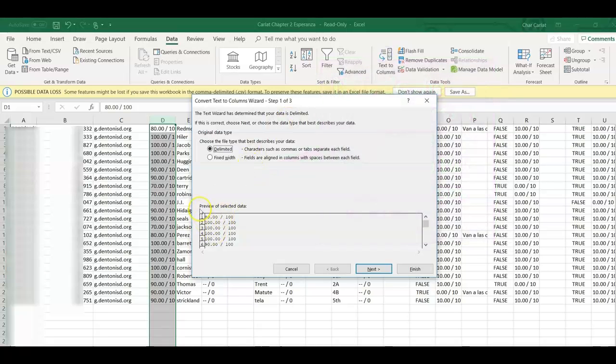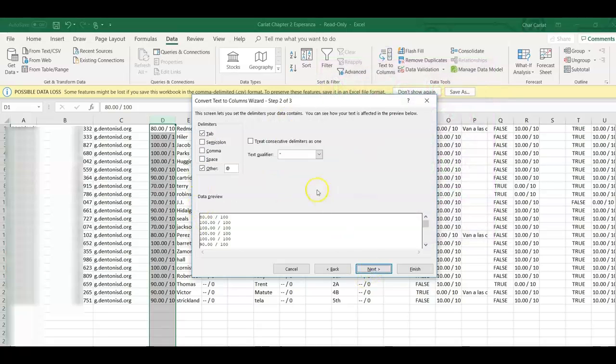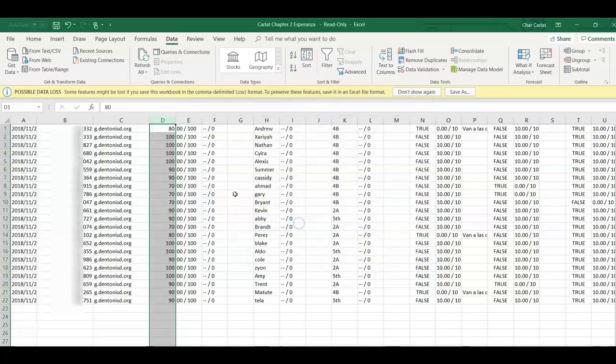Okay, this is what it looks like. There's 2 ways to do it. We can either say, okay, where that dash is right there, let's move everything over. So 80.00. Actually, I don't like that. I just want 2 digits. So I'm saying, okay, wherever you see the period. So there you go. We got rid of all that and isolated it. So we're done. Okay, so now what we have to do is save it,